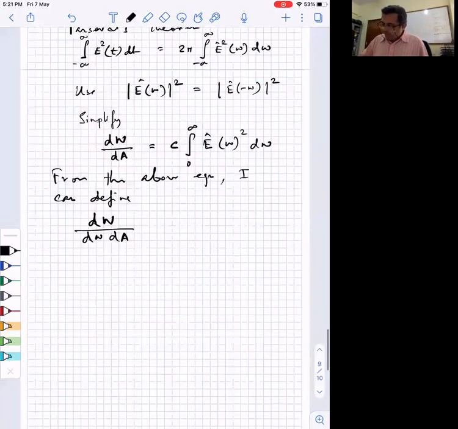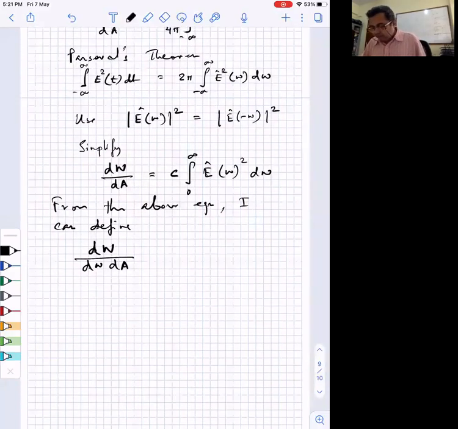Now, given this last equation, I can write down energy per frequency per area. Because this was an integral of a frequency, this is how I can define it. This is nothing but c times